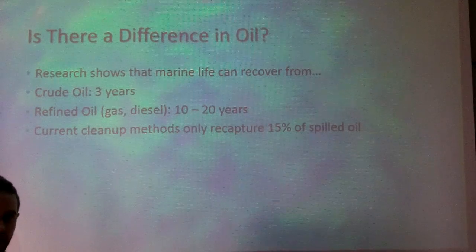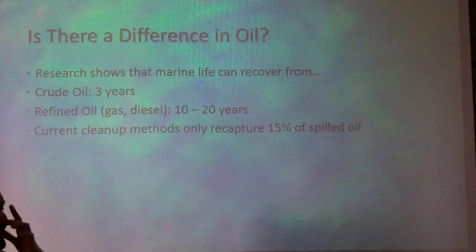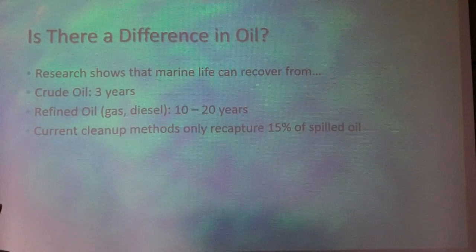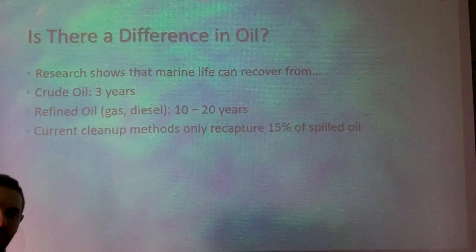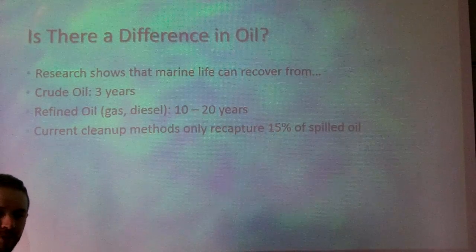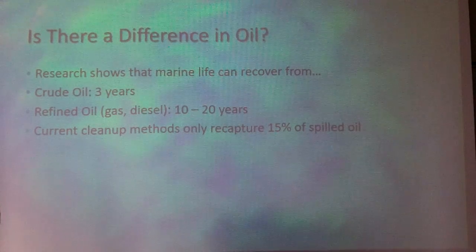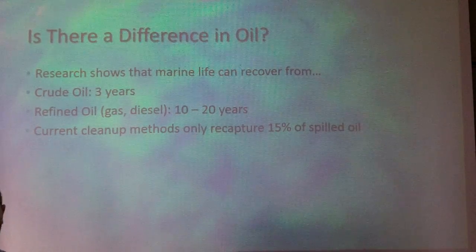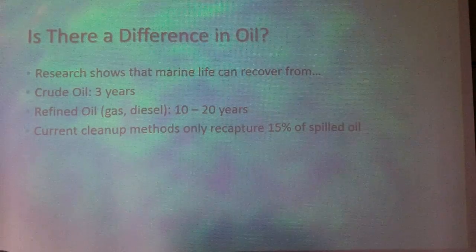It's not good though. It's easier to deal with though. The refined stuff is so thin, there's no way it's going to coagulate. Think about the sheen, the beautiful sheens of gasoline when they get in the water. If you've ever filled up a boat on the water, you know what I'm talking about. Or after a rainstorm in the parking lot of a gas station, when that stuff gets in the water, it just spreads. And it's much harder for it to be collected and for us to get rid of it.